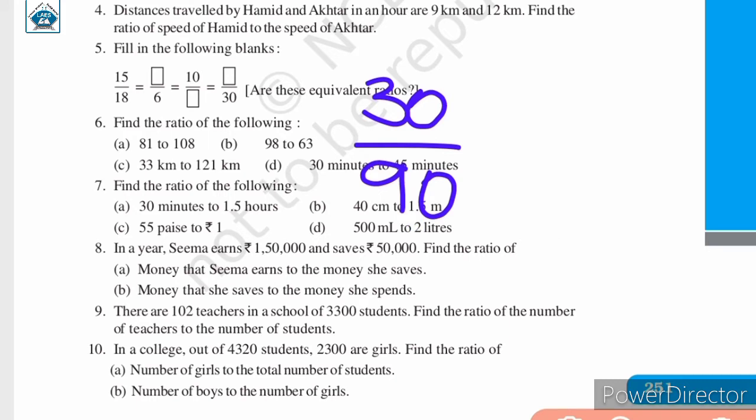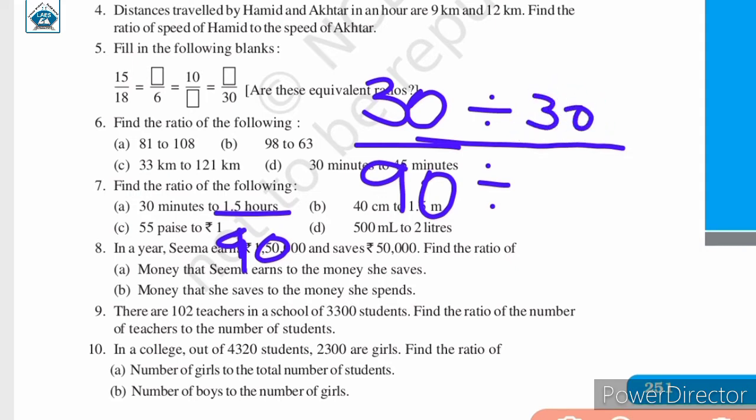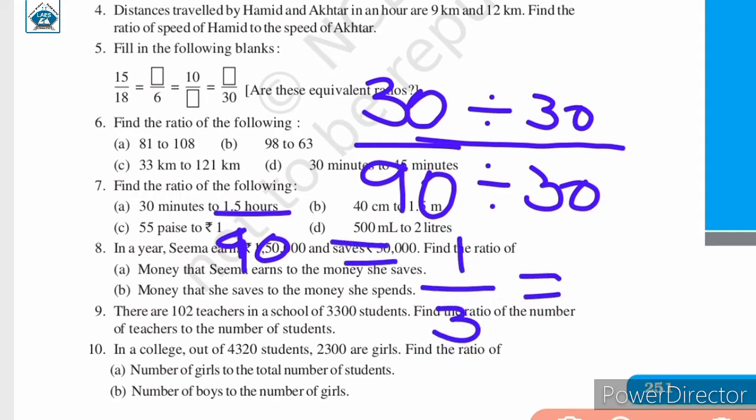एक बार हमने मिनट में कन्वर्ट कर लिया, तो the ratio of 30 minutes to 1.5 hours is equal to the ratio of 30 minutes to 90 minutes, क्योंकि 1.5 hours is equal to 90 minutes, just like we found out. So here again we need to simplify them. So for finding the simplest form, we will divide the numerator and the denominator with their highest common factor. So in this case it is 30. So 1 times 30 is 30 and 3 times 30 is 90. Therefore the required ratio in this case is 1:3.